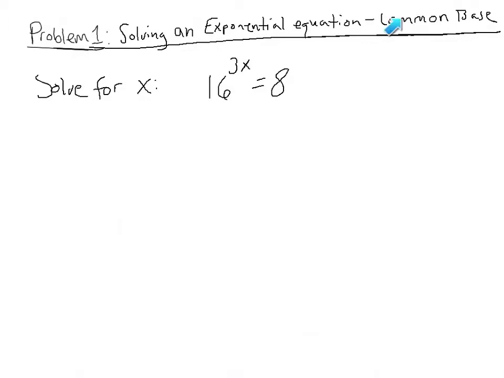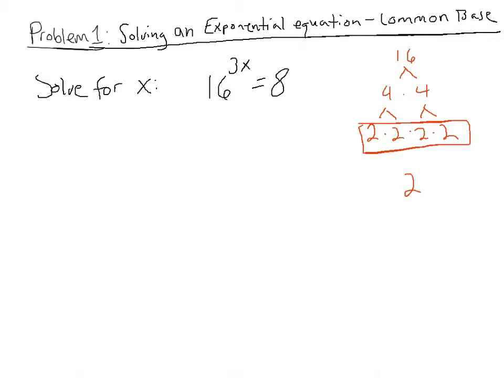And the reason why this says common base is if you notice 16 and 8 can both be rewritten as powers of 2. So if we take 16 and we wanted to factor this out, here's kind of an easy way. We know 16 can be factored out to be 4 and 4, and then each of these 4's can be factored out to 2 and 2. So what I can do is rewrite the 16 as 2 to the power of 4, since I have 1, 2, 3, 4 2's. So I'm going to rewrite 16 as 2 to the power of 4, but it still has to be taken to the power of the 3x,